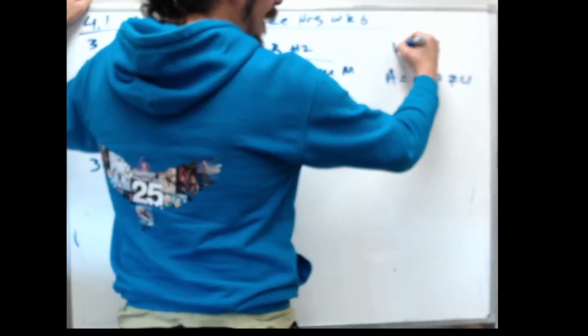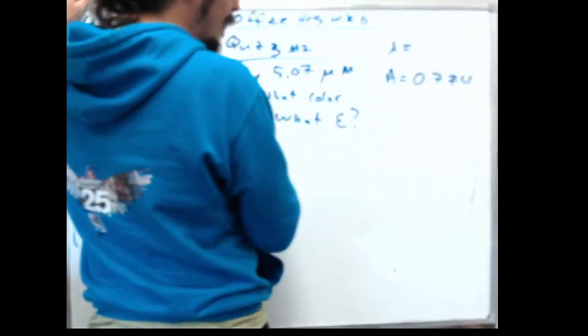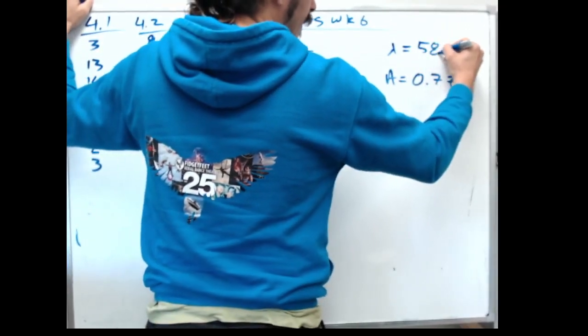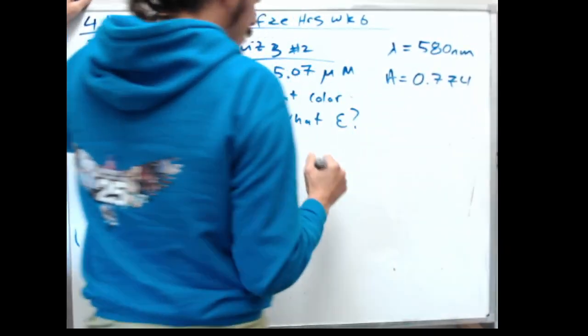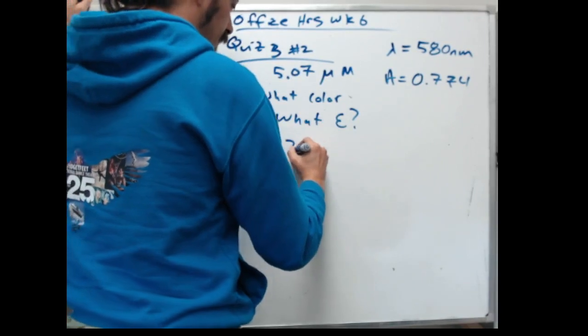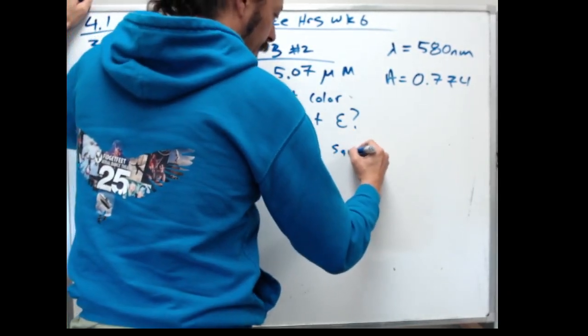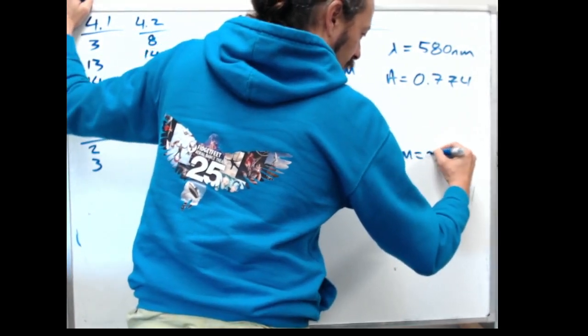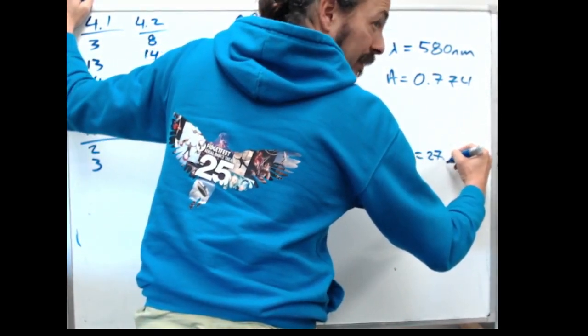Oh, what was the wavelength? Sorry, we actually need the wavelength for what color? Yeah, it was 580 nanometers. Okay. And then, if a second sample of the same dye has a concentration of 27.67 micromolarity, what would the absorption be of the second sample? You said 27.67